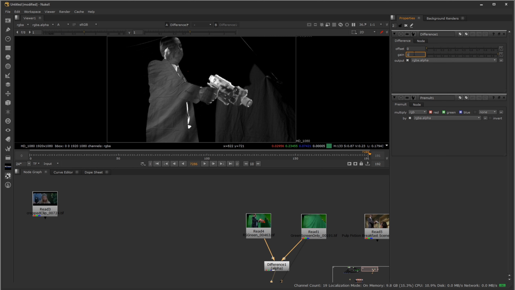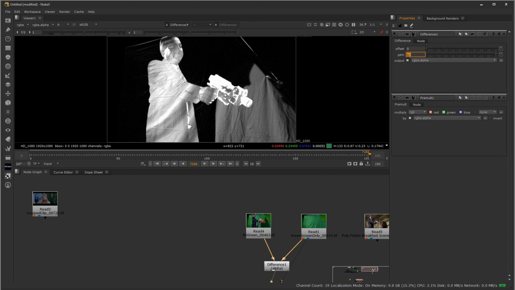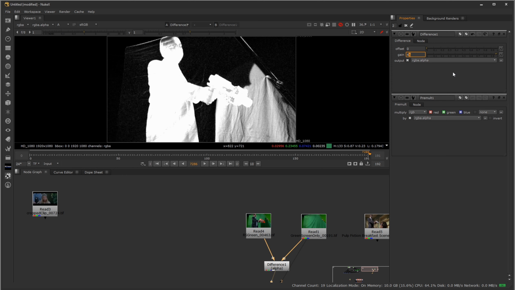Now, you need to up the gain quite a bit to make this work, and it only goes up to 1. So you can type in a value of something super high, but probably what's going to be easier is just hover in front of the number 1, to the left of it, and press the up arrow key on your keyboard. And you can see as I up that, even though the slider only goes to here, it's basically going outside the area of what the slider goes. And this is not going to be perfect, but I can get rid of most of